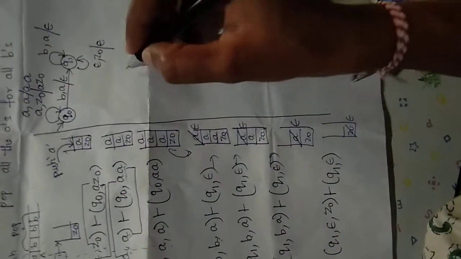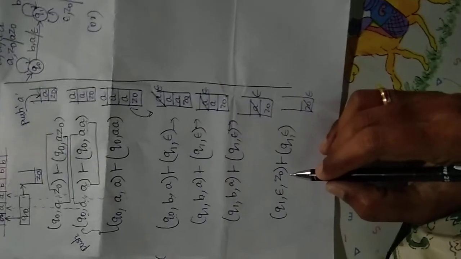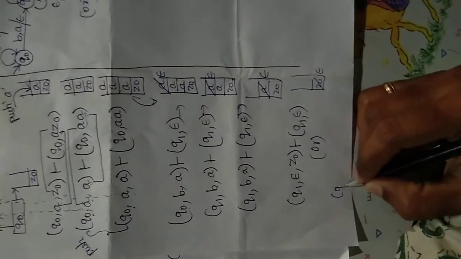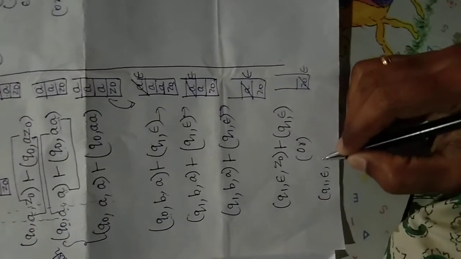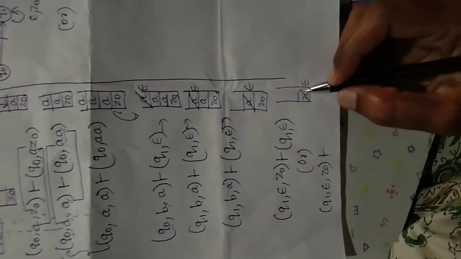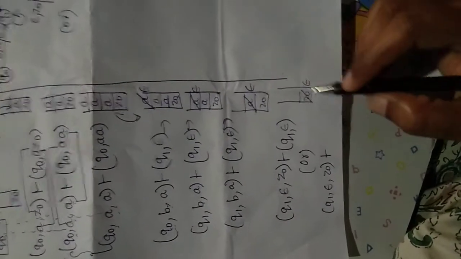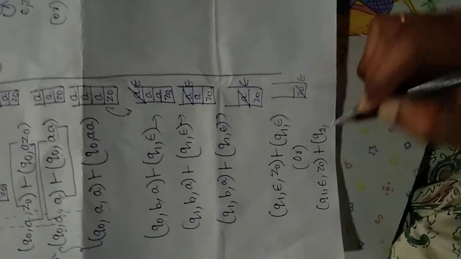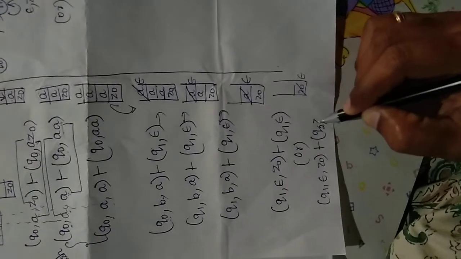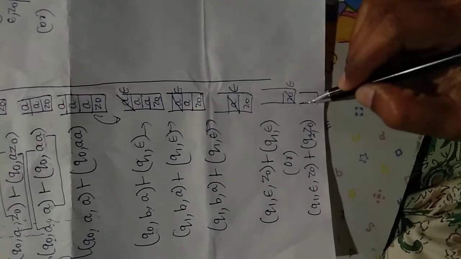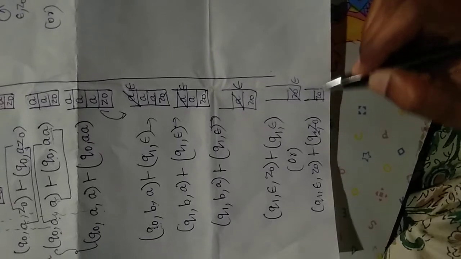Okay, or listen carefully, or suppose I want to place the top of the stack symbol as it is. I don't want to remove the symbol. So in that case, what is the ID here? It is or. State is Q1. String is completed, epsilon. Z0 is the default stack symbol. I want to place the symbol as it is. If you want to place the top of the stack symbol Z0 as it is, in that case I want to move to some other state. Suppose I move to some Q2 state. So place the Z0 as it is. I don't want to remove this Z0 here.